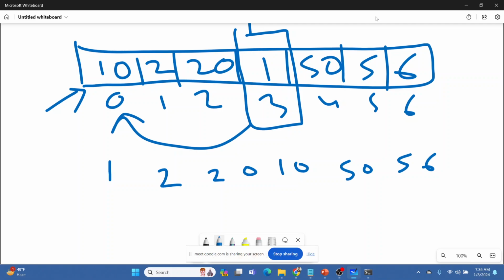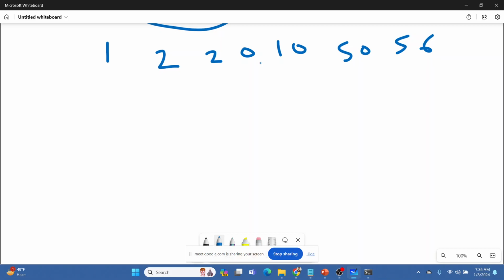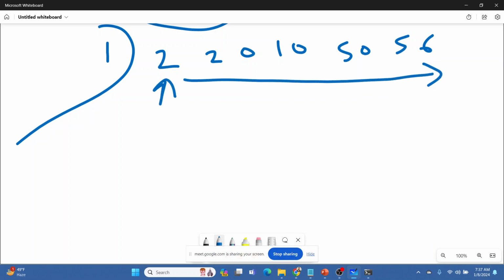So it says okay, I'll first reach the minimum number at the zeroth position. So 1 is sorted now. Now it will check from this place to this place for the next minimum number. After checking, it will realize okay, 2 is itself the minimum number, so it will swap it with its own position. So in the second iteration the same result will come again.